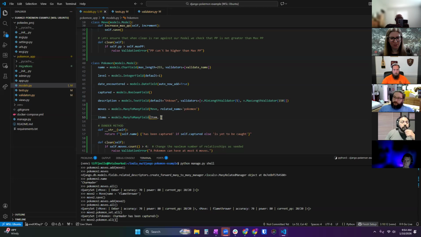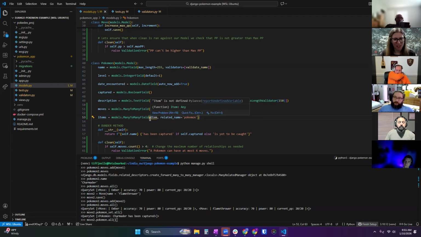And then you would probably give it a related name of Pokemon, because that is the query from the other model. So the related name is the reverse. It'd be like, give me all Pokemon related to the item named Elixir or something. And then you would be able to query using just Pokemon instead of a set.